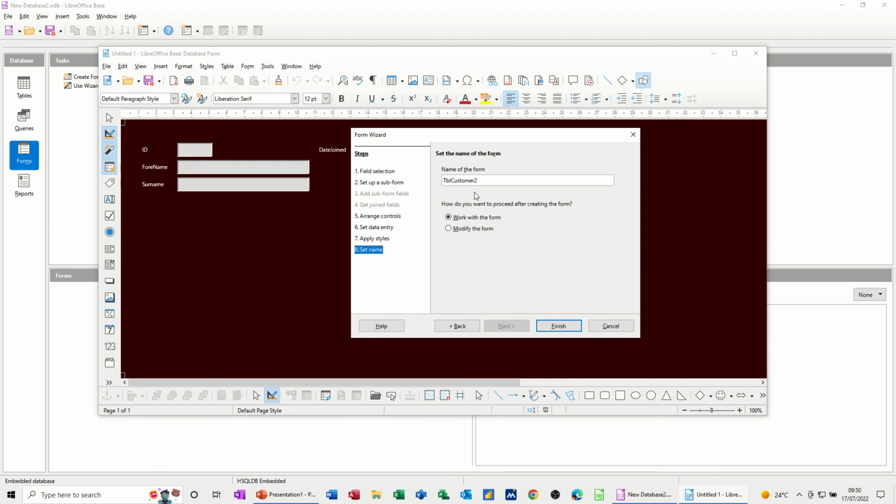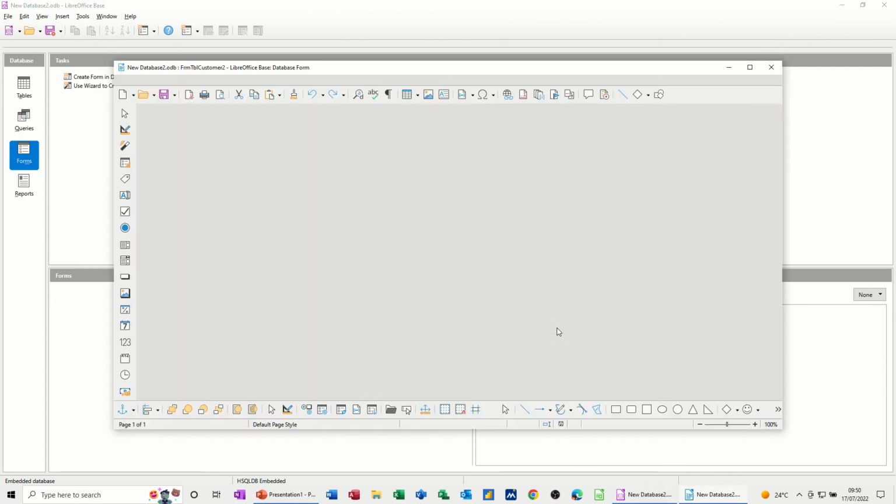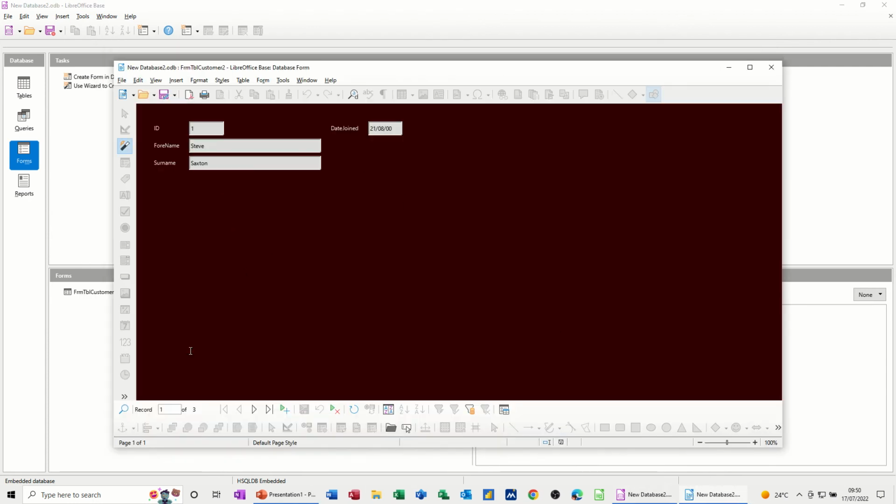Next, and then you give it a name. So I'll call that FRM customer 2. So it's looking at the table, and then finish. And then to use it, so I've got one of 3 records, and then you've got little navigation arrows at the bottom, and then a plus, new record. So I can go 4, press tab, Carol, press tab, White, press tab, joined on the 01 02